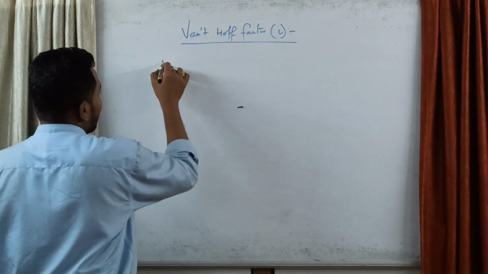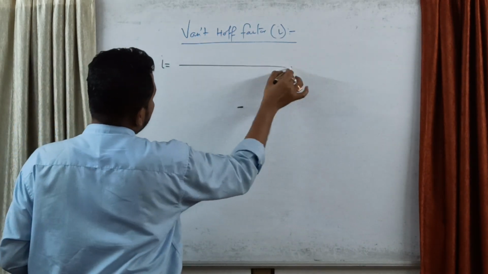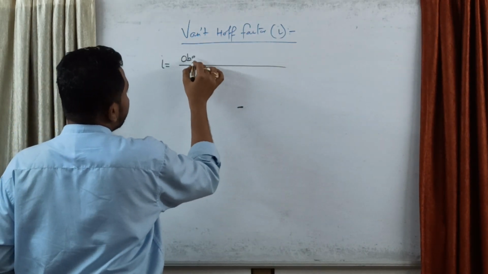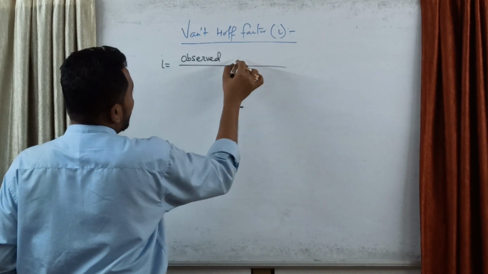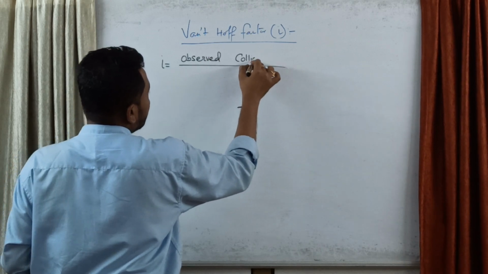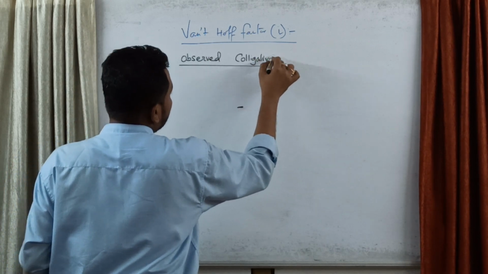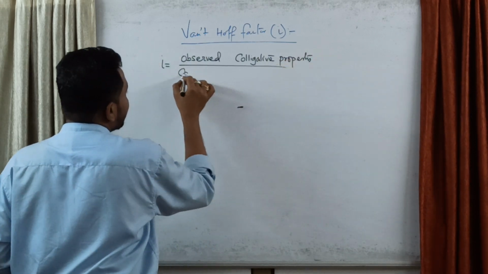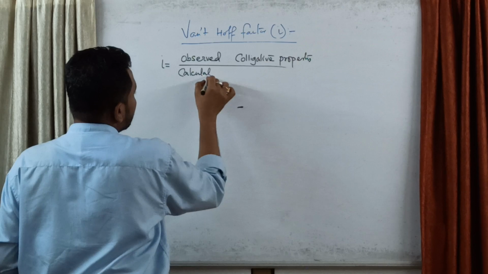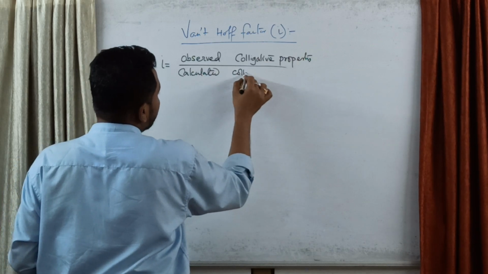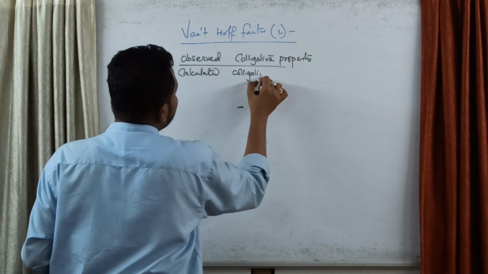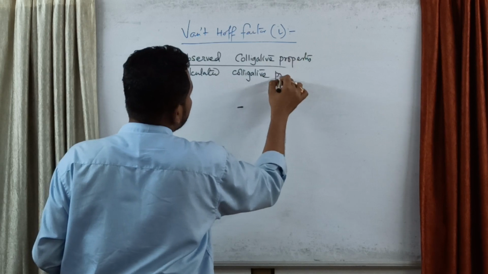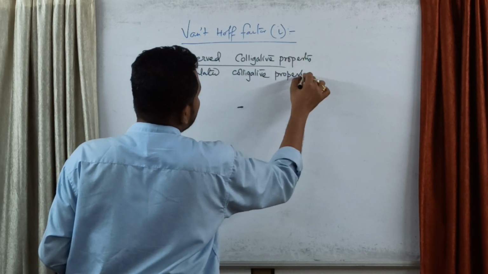Just see, i can be represented as observed colligative property by calculated colligative property. Okay,